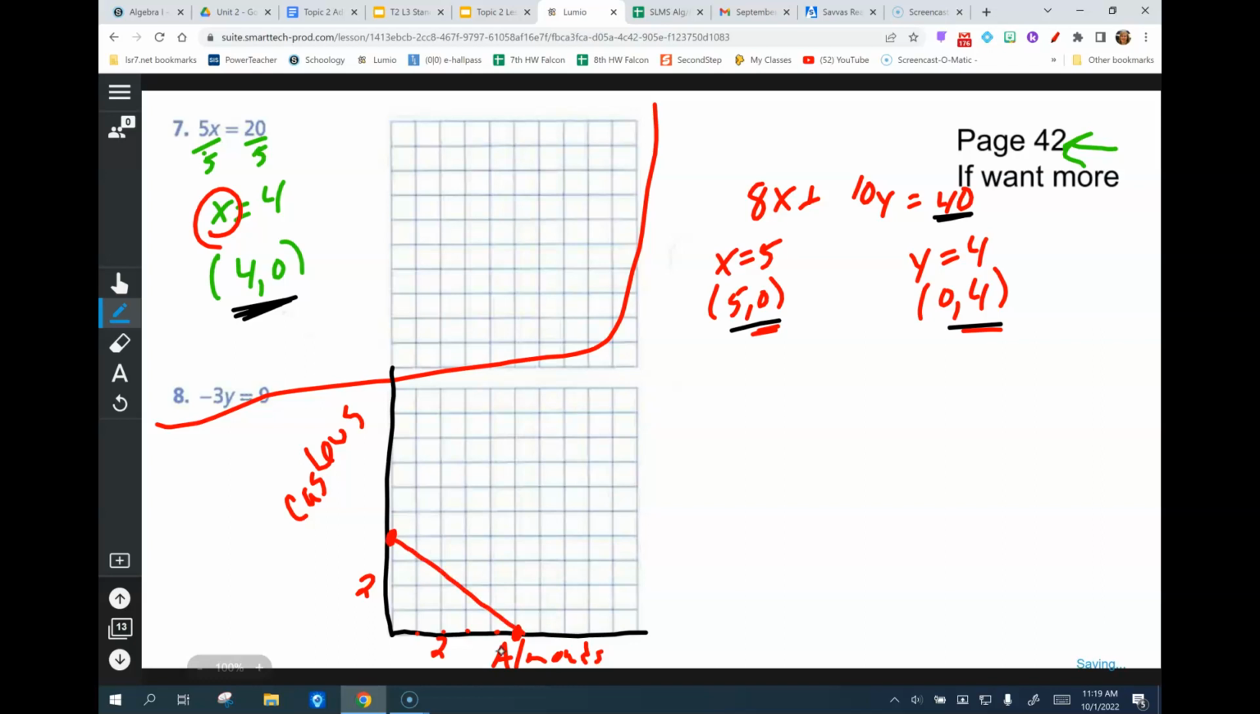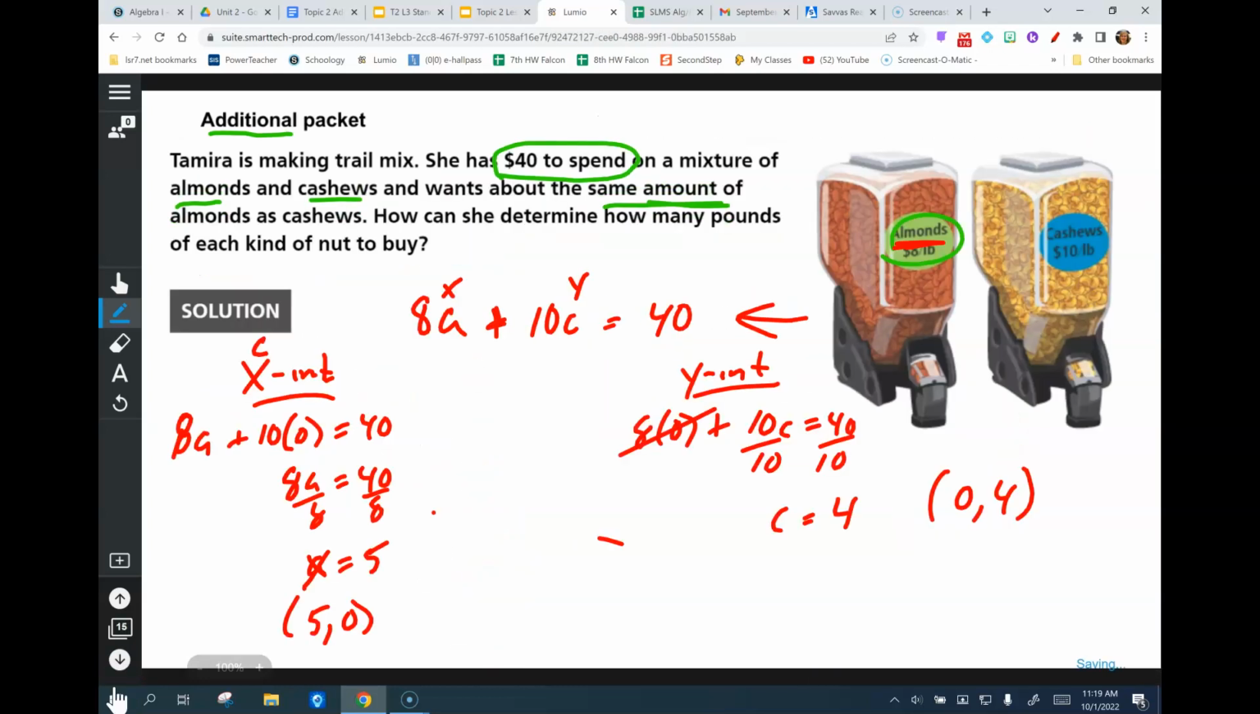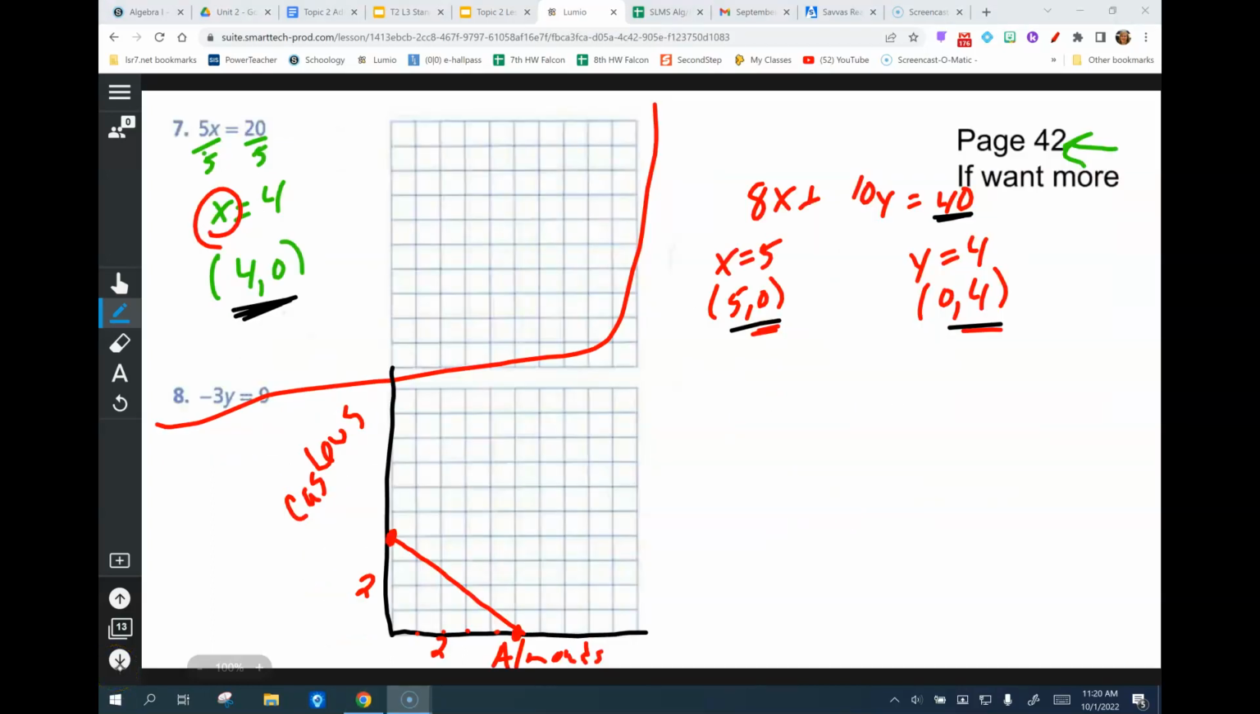So then what the question is, it says, how can she determine how many pounds of each kind of nut to buy? She wants about the same amount. So let's look at our graph again. So if we want it to be about the same amount, we might pick something like right here. That would be 2.5, okay, 2.5 of the cashews,